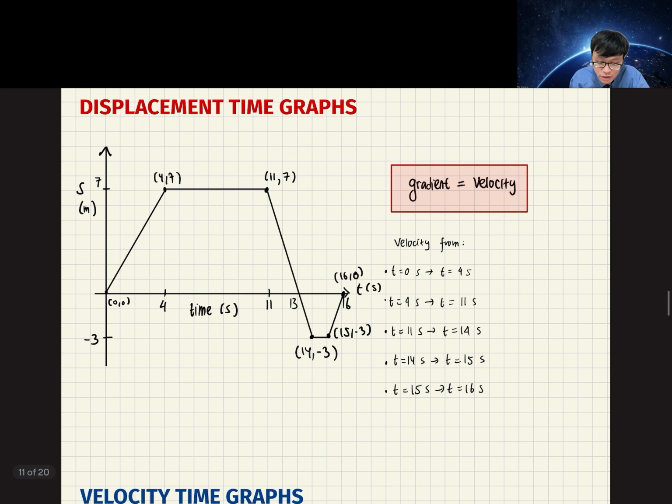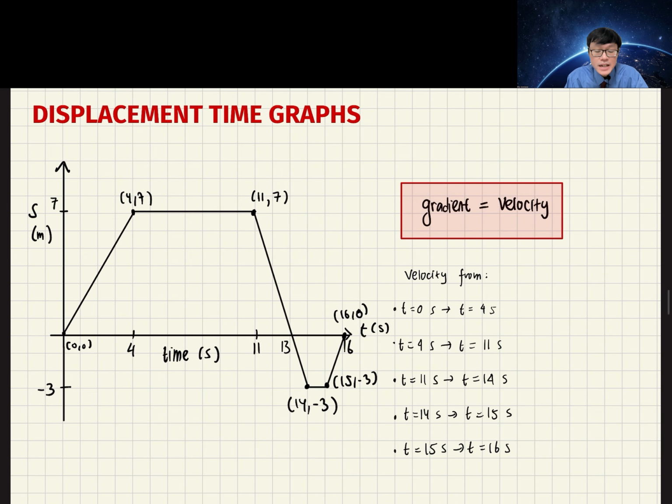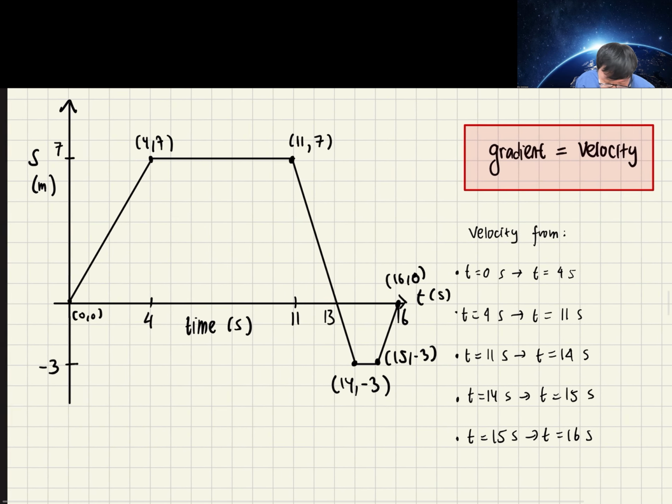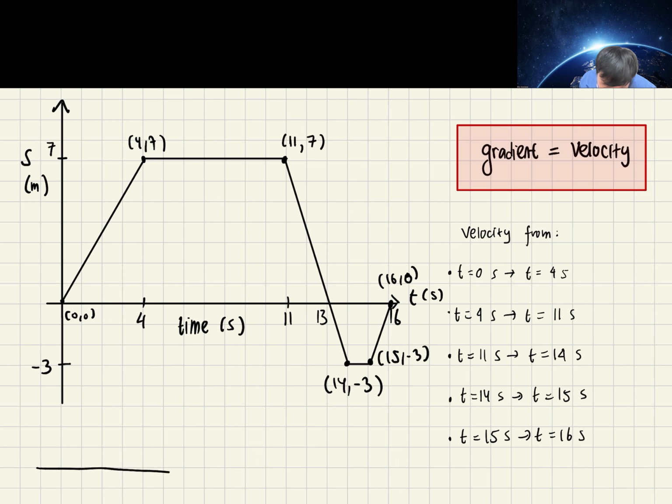The first one, we are going to learn about displacement time graph. In displacement time graph, we put the displacement on the y-axis and time on the x-axis. Let's say I have this kind of graph. Let us describe the motion of our object. Now, first, an object moving in a straight line, and then if you look at the graph, initially when the time is 0, the displacement is 0, means that the object is initially at the origin.